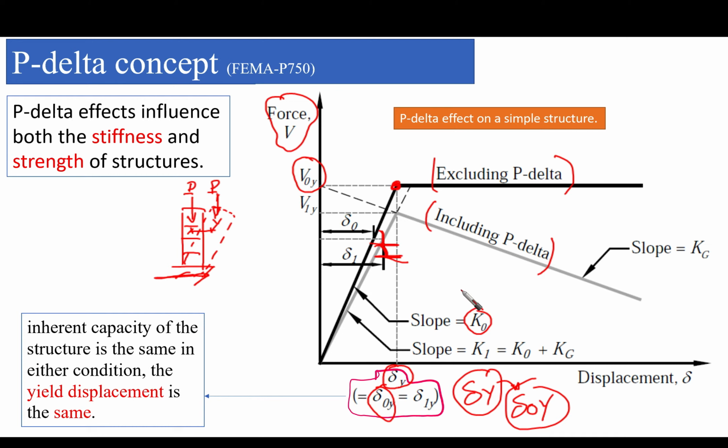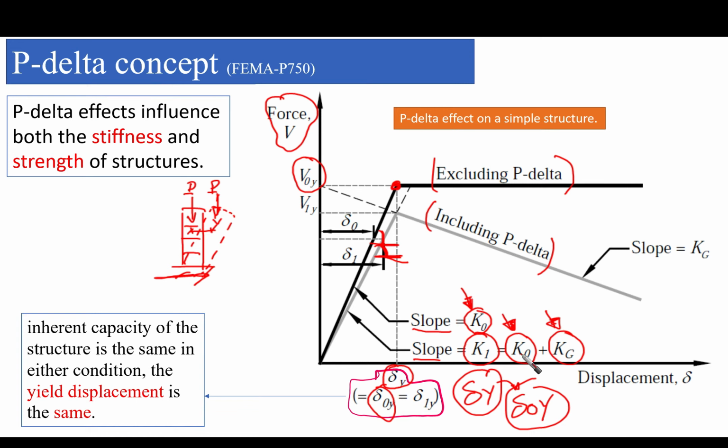So we have K node, which is the initial slope of the structure without P delta. We have K1, which is the slope of the structure with the inclusion of P delta, and it equals K node plus Kg. Now we understand what is the meaning of K node, the initial stiffness slope, but what is Kg? This is what we want to understand, and this is what we are going to explain in the